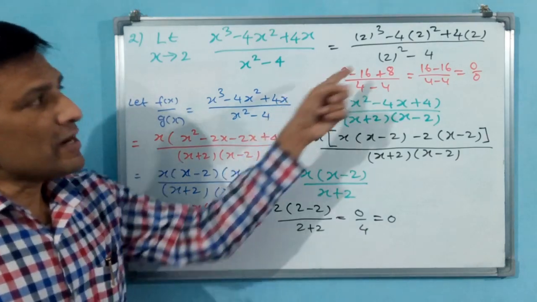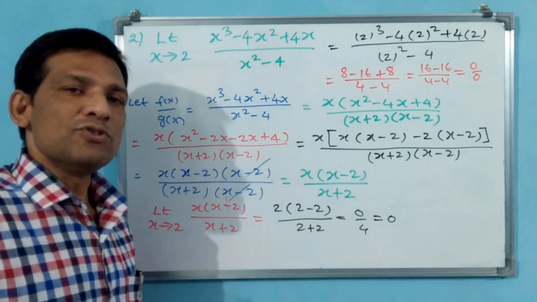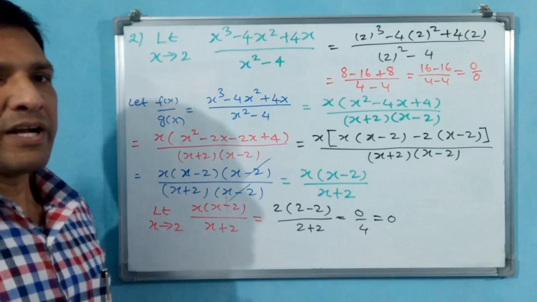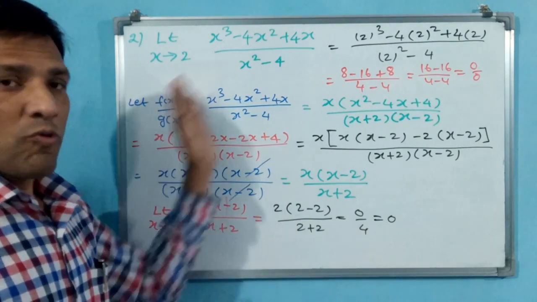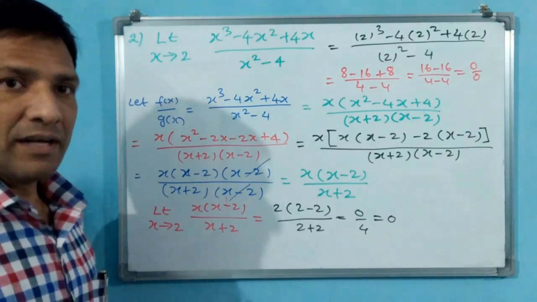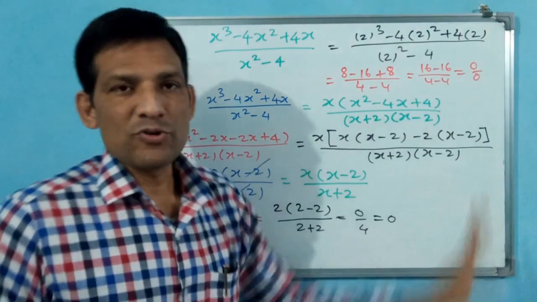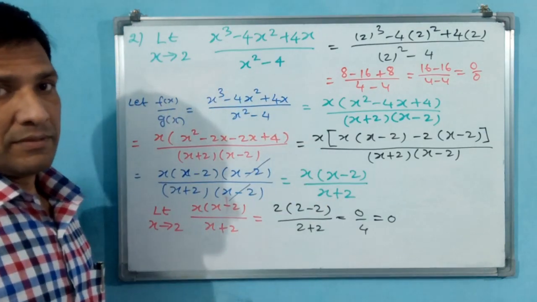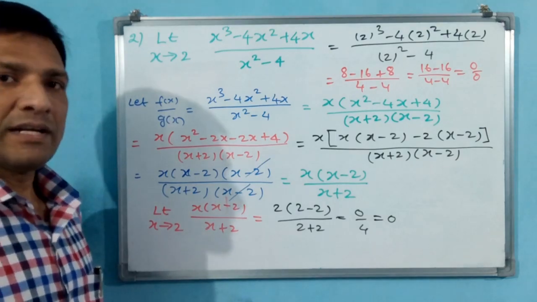Case 3, numerator and denominator both are 0. This you have to avoid. Numerator and denominator both being zero you have to avoid. You can make only the numerator or only the denominator 0. See how we have done this. If you do it as a function, you are going to get 0 by 0 only. But if you do it as a limit, this is going to come. This is the procedure. You understand now?